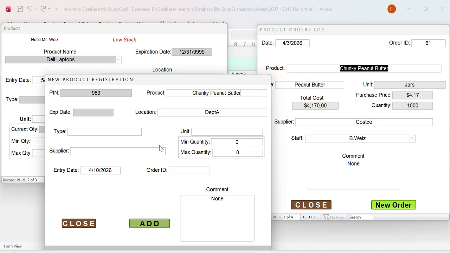And the expiration date, when you receive it, it will also be available to you. So let's just assume this one expires in 2028. So 01 31 2028,